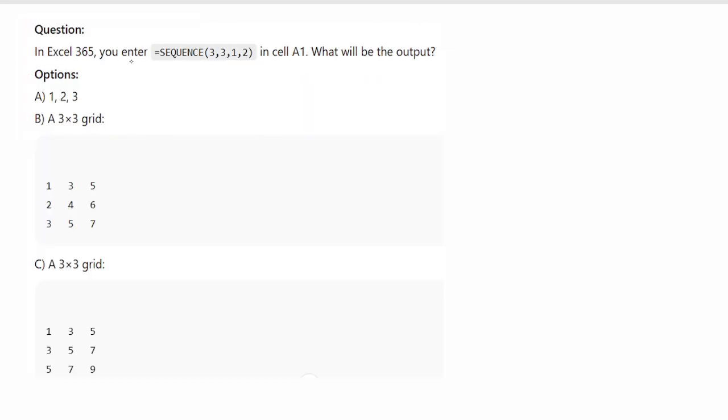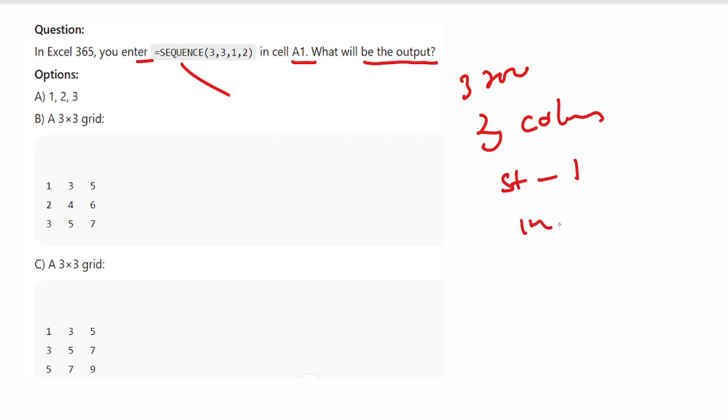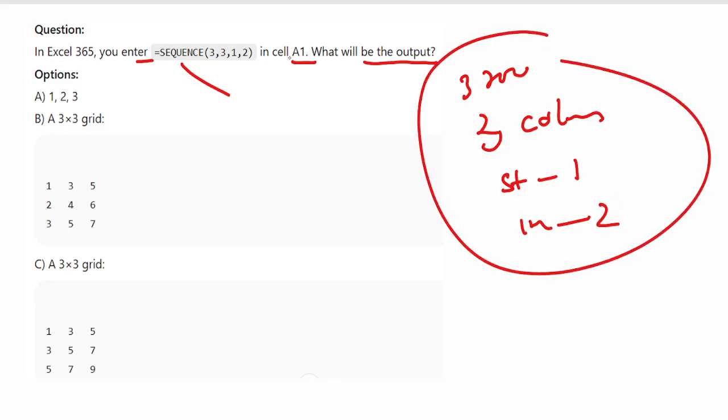In Excel 365, you enter =SEQUENCE(3,3,1,2) in cell A1. What will be the output of this code? So SEQUENCE(3,3,1,2) creates a 3-row, 3-column array that starts with 1 and increments by 2. The first 3 is for rows, the second 3 is for columns, the 1 is the starting value, and the 2 is the increment.